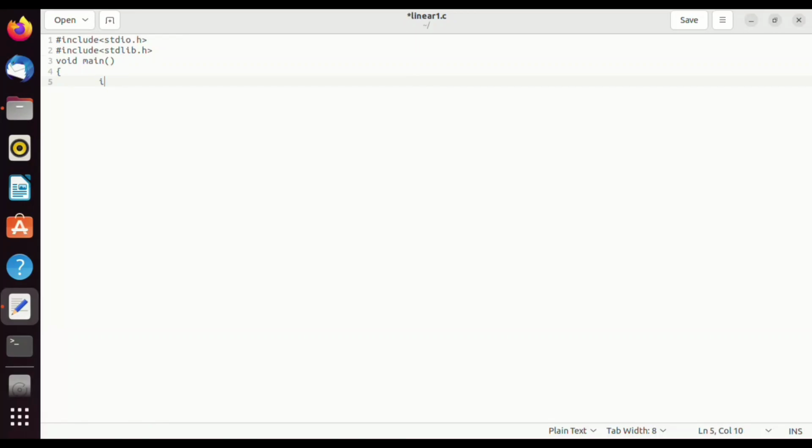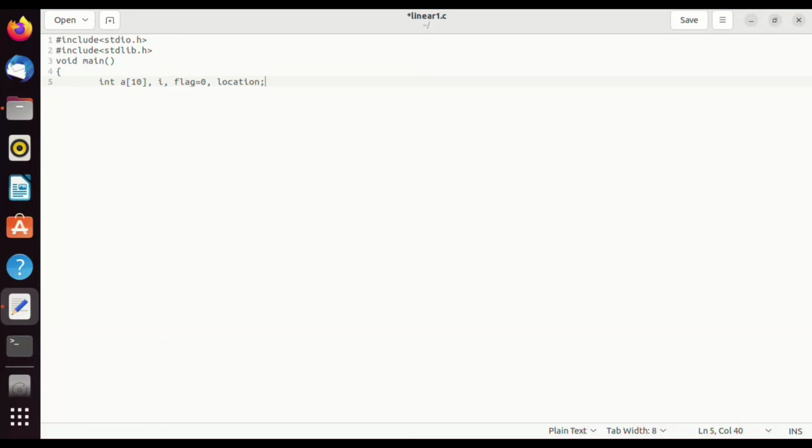Let's say int, our array name is a and size is 10. So the array variable is a and its data type is integer. Next we have variable i for the iteration of the loop, and now we are taking a flag variable, initializing it with 0, and another variable, location,